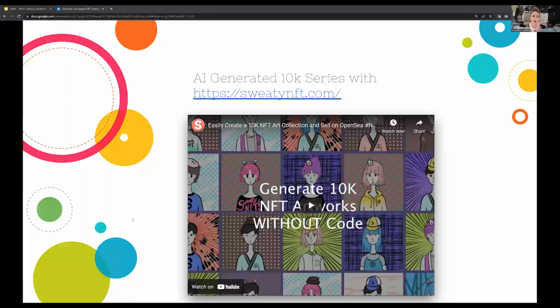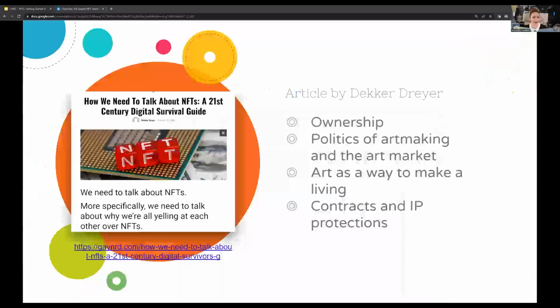And then the program allows you to automatically generate different colors based on a color palette that you choose, and different kinds of variation, so different levels of rarity. That way you can control the level of uniqueness and randomness generated within these things, but you don't actually have to do any of the coding yourself. So that's a great option if you're interested in trying out a 10K collection or have an idea for a 10K collection. There are a lot more things that can be discussed in regards to NFT and art production.